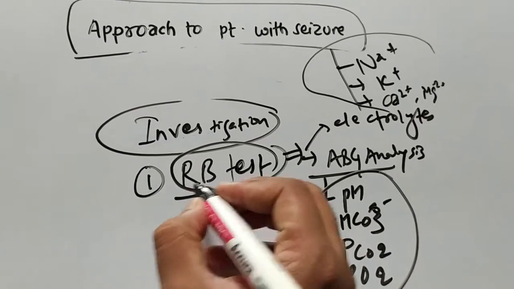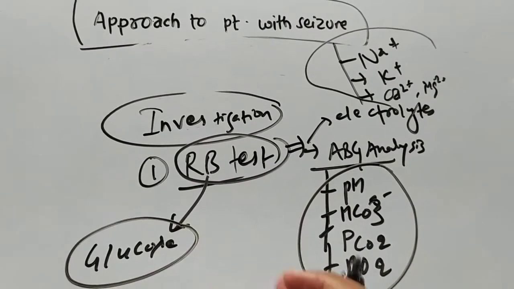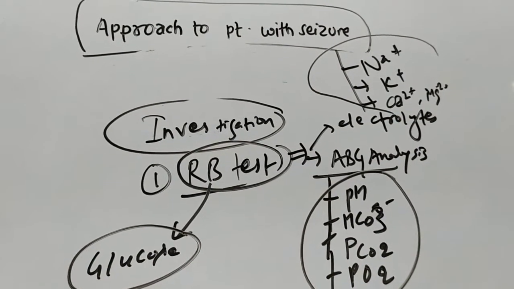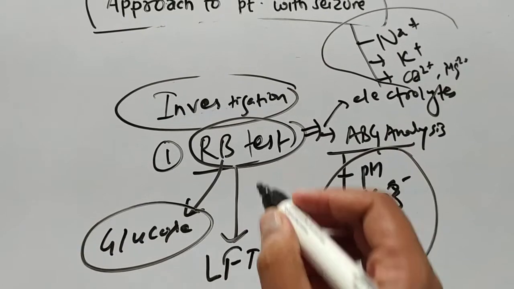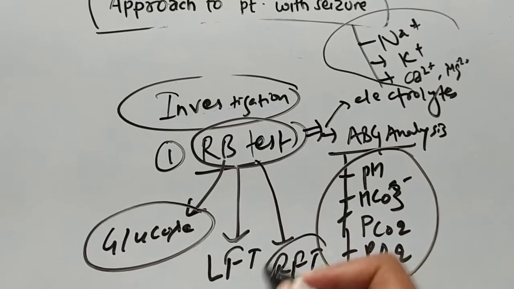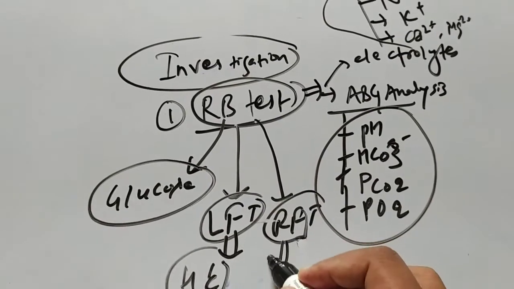You will also look at the glucose level in the blood, as we know that hypoglycemia will lead to seizure. In the blood you can also do the liver function test and the renal function test. The liver function test you will do to rule out hepatic encephalopathy, and the renal function test you will also do